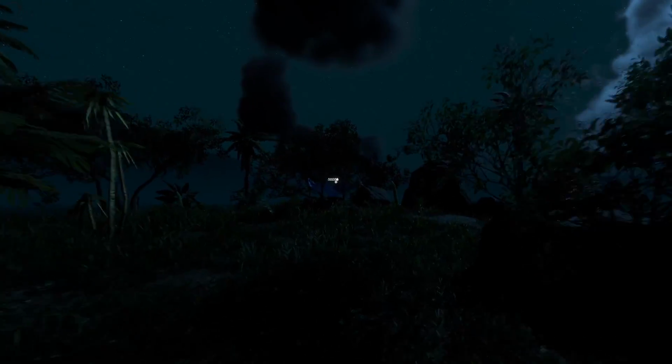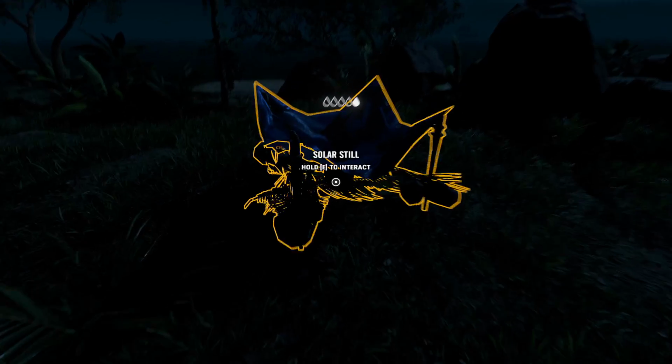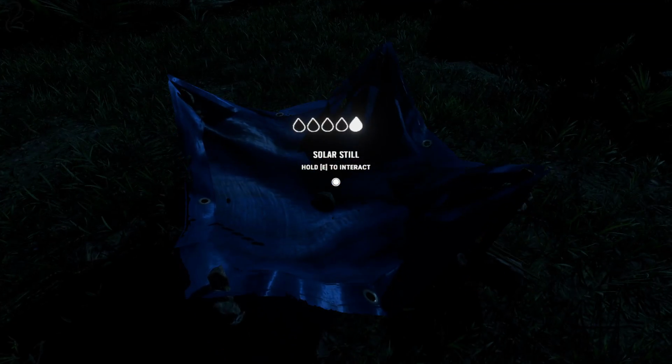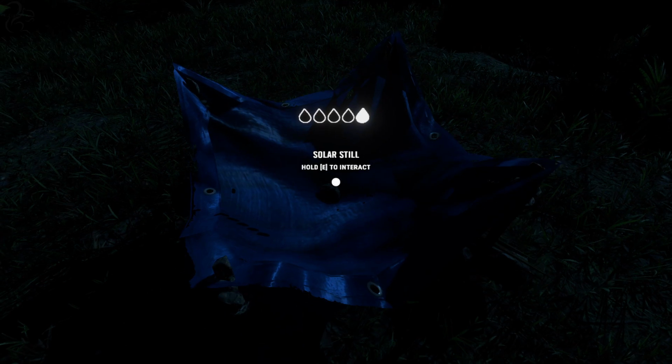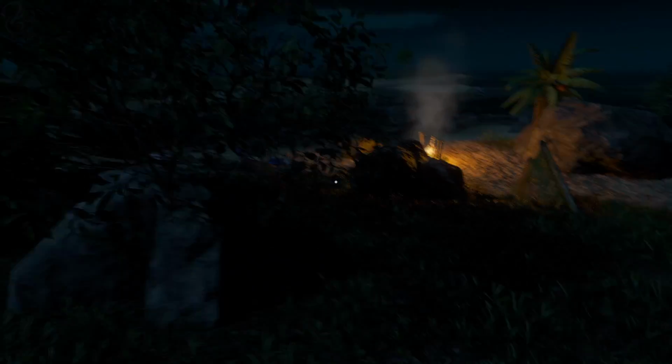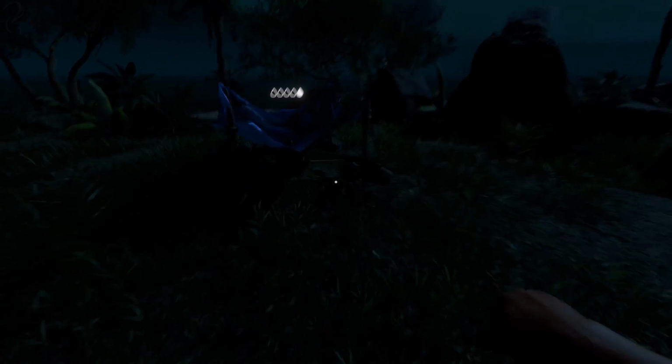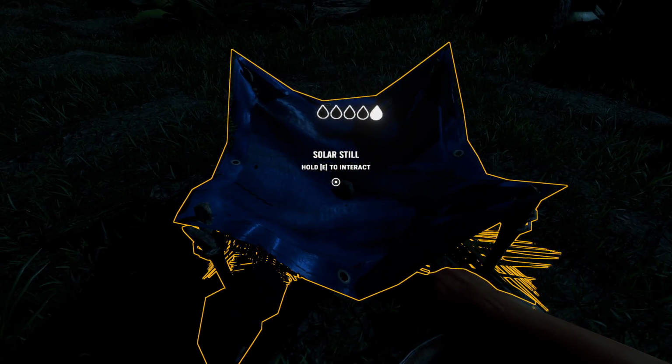Now, notice this has managed to hydrate some water, so I'm going to try and drink from it. Let's have a look at our bar. 4 bars. Yeah, you see how you can't take from it? But with a bucket, I actually found another one, didn't I? With a bucket, what I can do is...